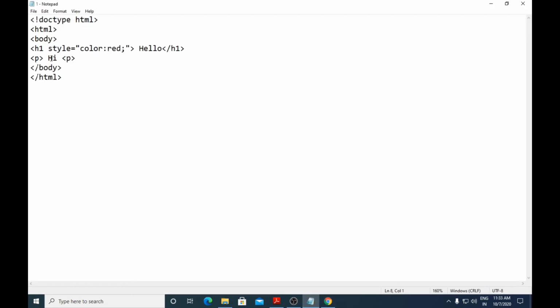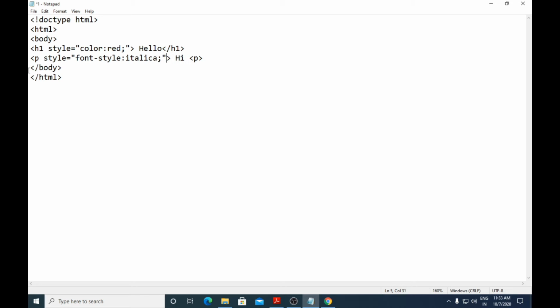If you want, you can change the style of the p element also. Style equals font-style colon, you can use italic, semicolon, close the quotes.